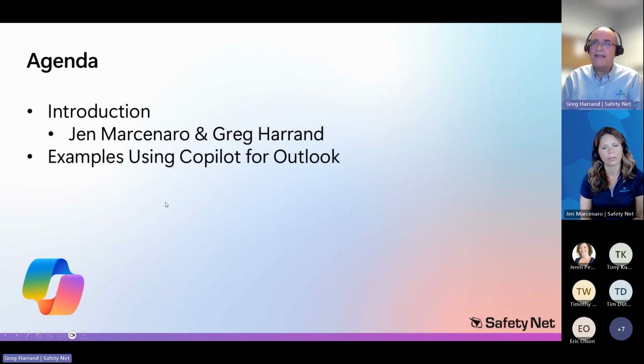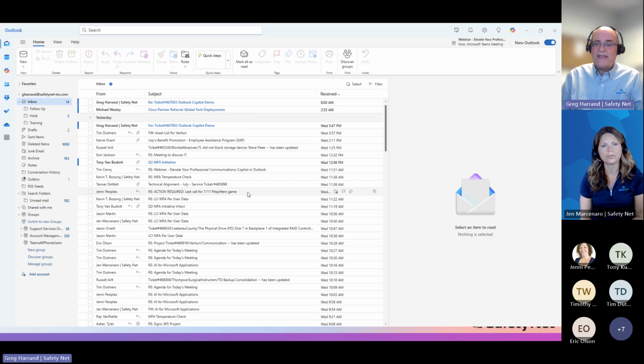This morning, we're going to get right into using examples of Copilot in Outlook. So I'm going to go ahead and open up my Outlook. The one thing, as I said before, is the risk with demoing Copilot in a live environment is that they're always making changes to Outlook Copilot. Copilot is evolving constantly. The term I heard was it's a baby, it's still growing. And so they're rolling out new features all the time.